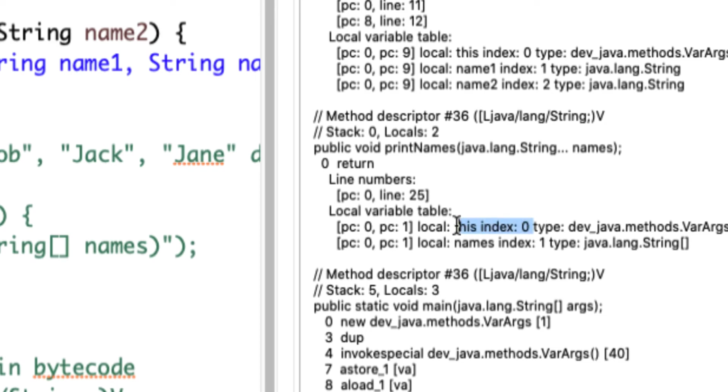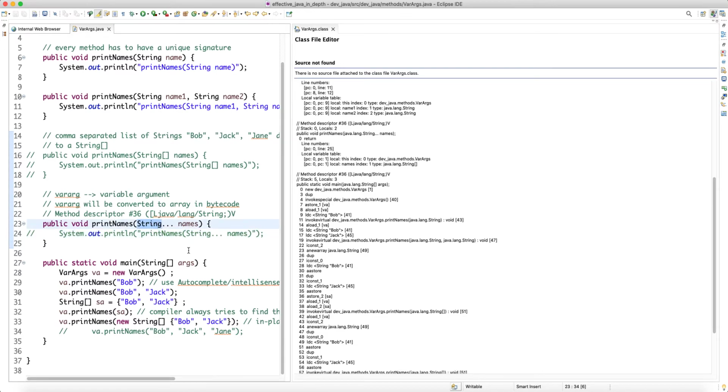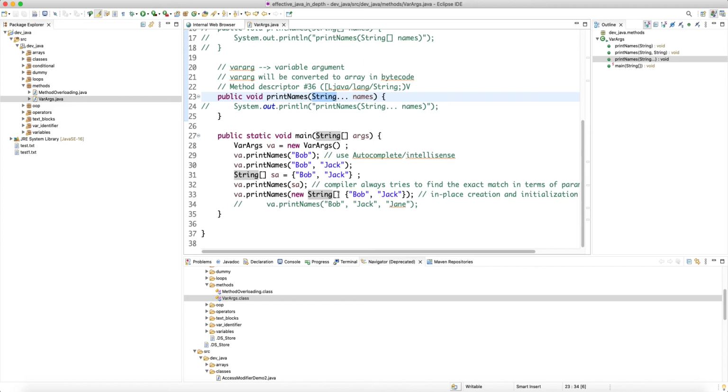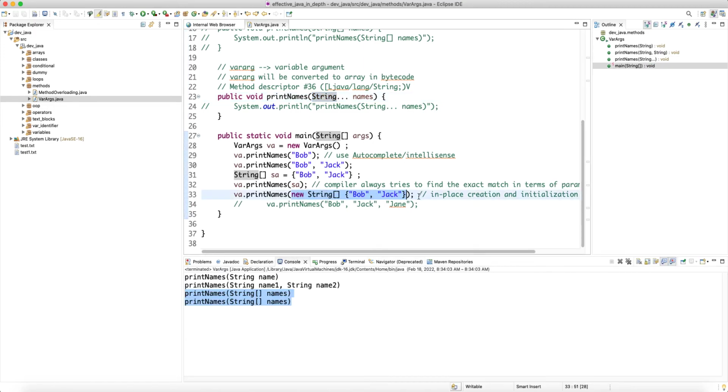It's at index 0, and then the names, which is at index 1, and the type is a string array. So also here it says a string dot dot dot. We saw that in the method descriptor it's still a string array, and in the bytecode it also identifies the type of the string array, right? So again, vararg is a syntactic sugar, and the whole point of the vararg is to make the syntax when you write the source code more convenient, because instead of creating in place arrays,